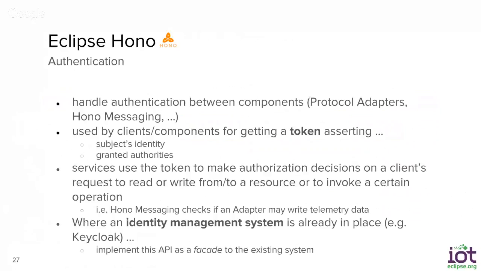But to do the scaling up, you will need to implement that by means of your container orchestration system. So in Kubernetes, you will need to use the Kubernetes API, for example, or auto scaling features of Kubernetes to scale up the pods that constitute Hono in this case. Mm-hmm. Okay.